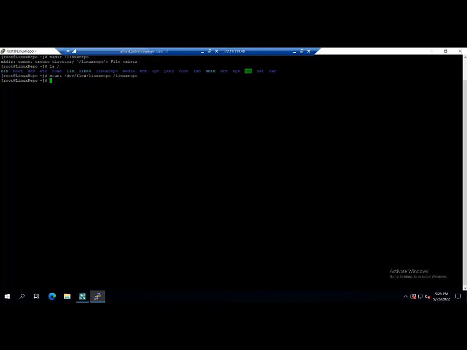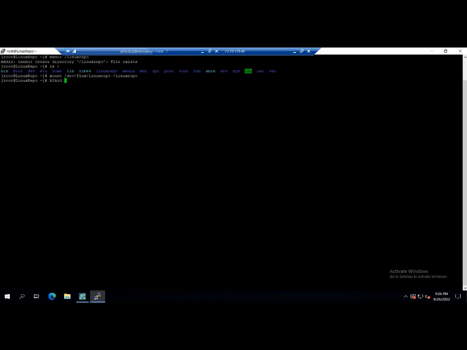At this point, we could start loading files on the file system. However, the mount would not persist through system reboots. So let's ensure it does by adding it to the file system table, fstab, like I mentioned a moment ago. Now, in order to do this, I need to have the UUID of our volume. And to get that information, I'm going to simply type in